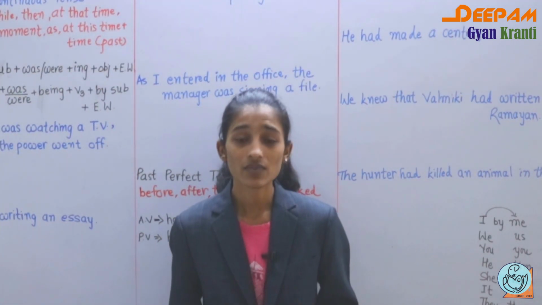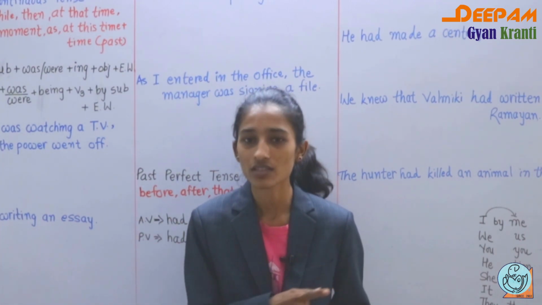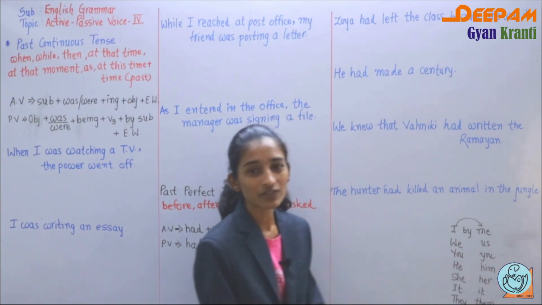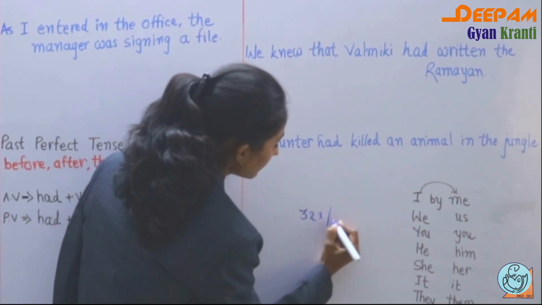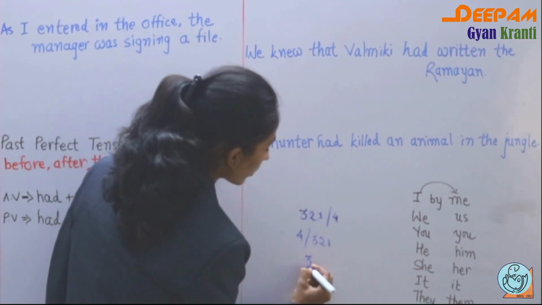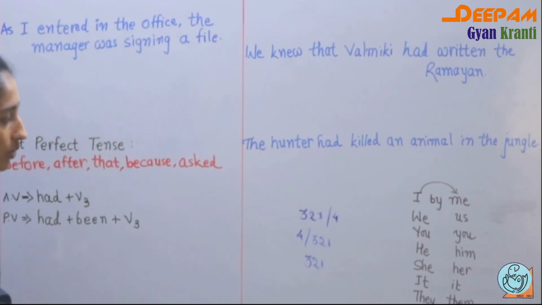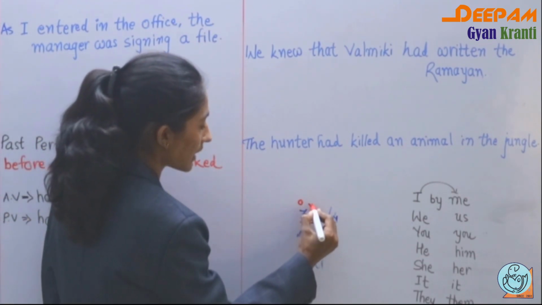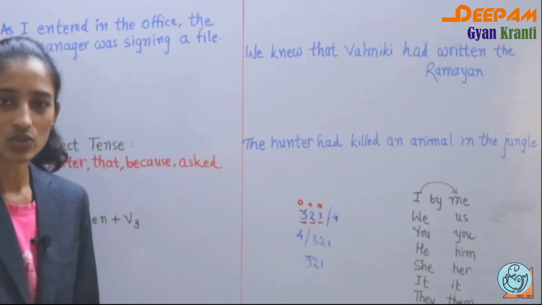Even in the first, second and third video, I told you that you have to play the game with the numbers, and I hope you remember the numbers which are helpful in active and passive voice. So the numbers are 321 for 4, otherwise 4 wickets, 321 runs and 321 all out. So these are the numbers. The third number is our object, then the second number is the verb and helping verb, then number one is our subject, and number 4 is the extra words, right?